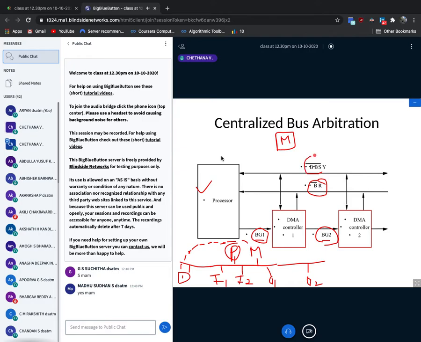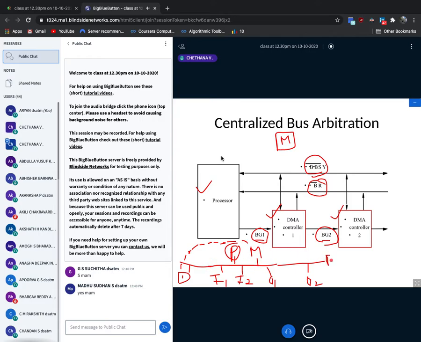And here, bus busy indicates that the bus is busy. Suppose DMA controller 1 is already using it. If DMA controller 2 requests the bus, it will say the bus is busy, you won't get a permission, you won't get a grant. I told you in the previous class also, bus arbitration is done by one method, which is centralized. Centralized means the processor is the one who will award the permission. So this particular bus, I'll write here.